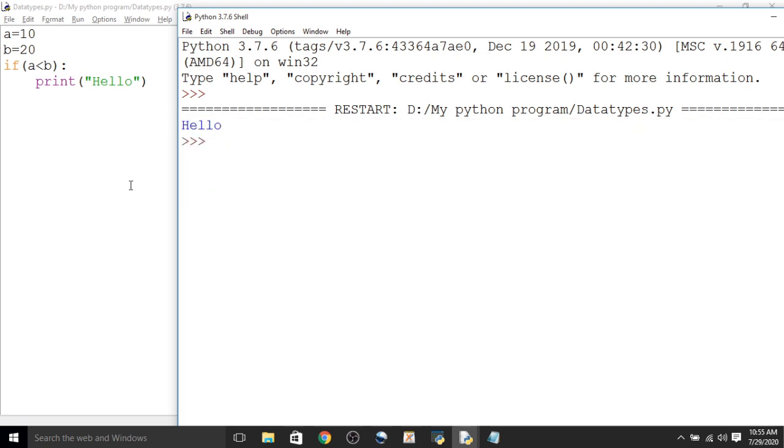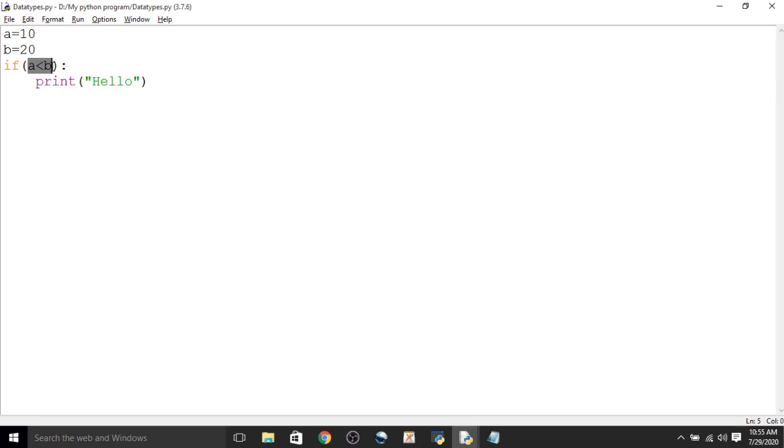So in the previous code, the condition a less than b, which is written after if, is evaluated to true, and hence it executes the statement print hello, and you get the output hello depending upon the condition. Suppose the condition is false.